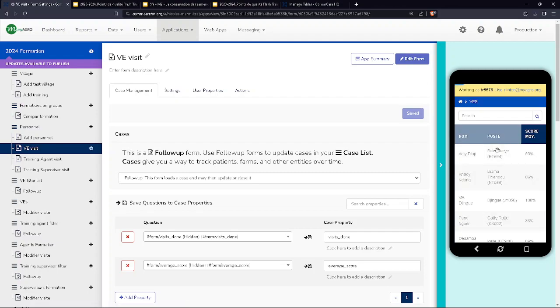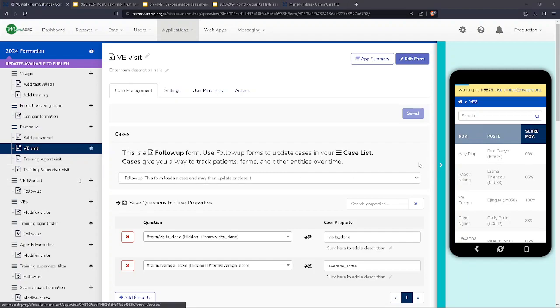So if I click into one of these, essentially what I'm doing now is selecting one of the V's from the personnel case list. What we're looking at is the case list personnel underscore TR underscore 2024. So we're selecting the personnel case list, and then now we're going to be presented with